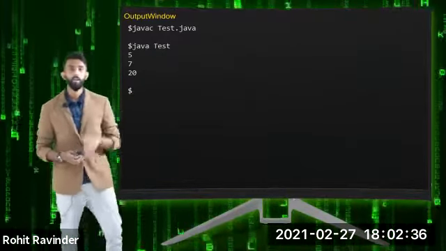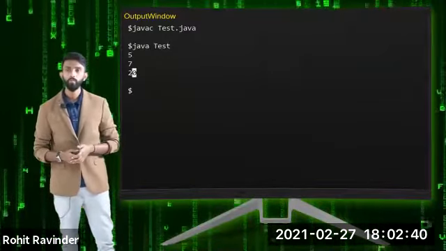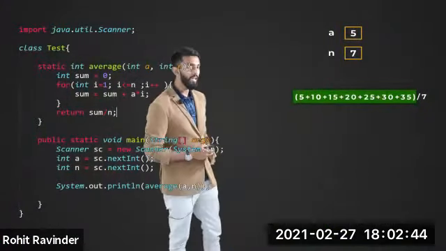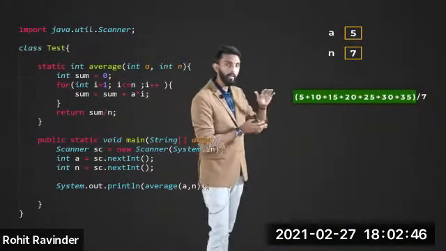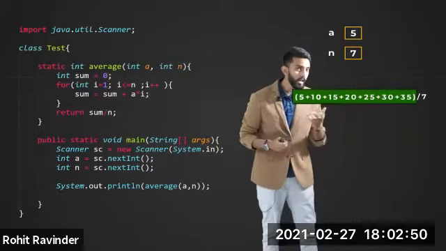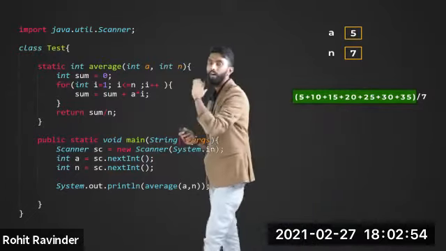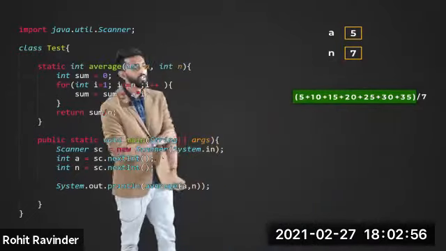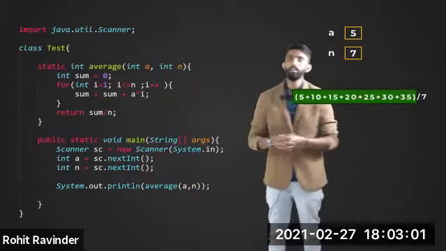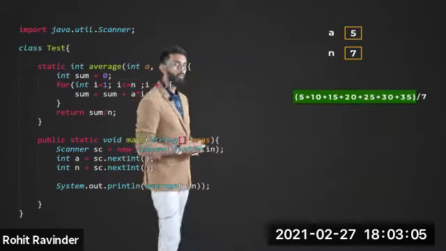Any confusion till here? But there is an easier way to do this. I'll just take you back. There is an easier way to do it. I'll give you a hint. Who can tell me how, in one line, using a mathematical formula, I can calculate whatever they've asked me? Does anyone have a small hint or any idea? Do you think there is an easier way to do it? Nobody?